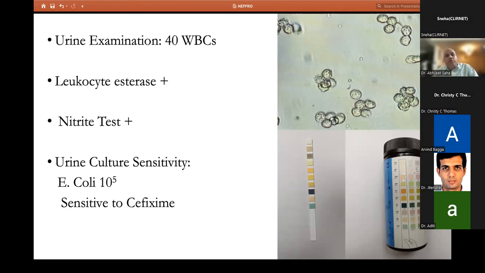So a urine microscopy, leukocyte esterase and nitrite test both are indicated for screening test. Post that, you must send a urine routine microscopy and culture. And remember that the sampling, the collection of the urine is extremely important. You must ask the mother to clean the genitals with plain water or a light soap, and then only collect the urine. And test needs to be sent, and the culture needs to be plated within time. So this child turned out to be a urinary tract infection.